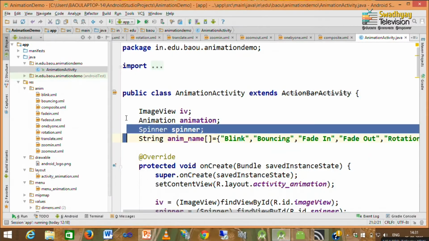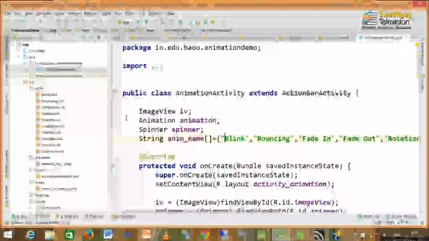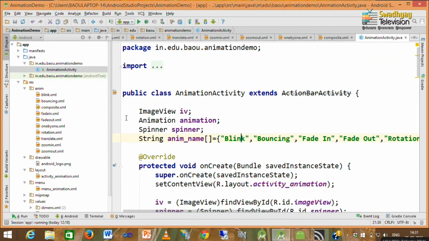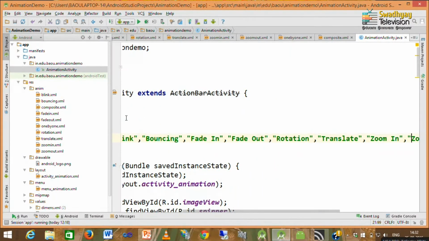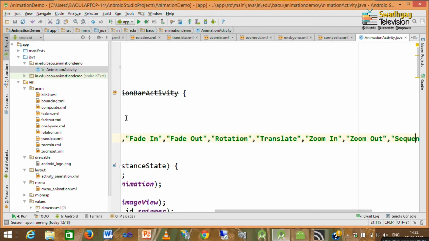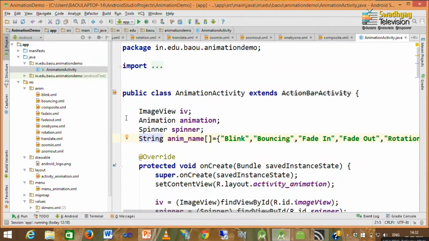Then you have to create one spinner which represents the spinner at design time, and finally, we specify an array of strings that represent animation names. So, the first name is blink, second is bouncing, then fade in, fade out, rotation, translation, zoom in, zoom out, sequential and composite. So, it just displays the names of these animations that we want to apply to our image view.